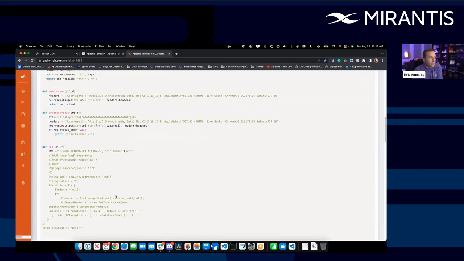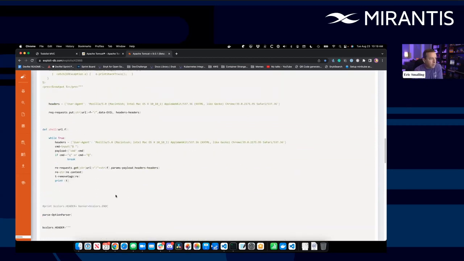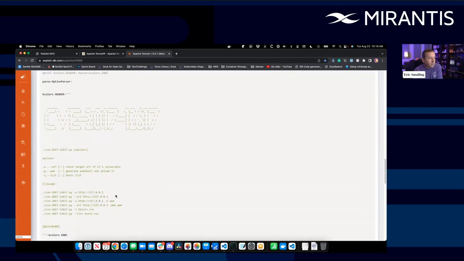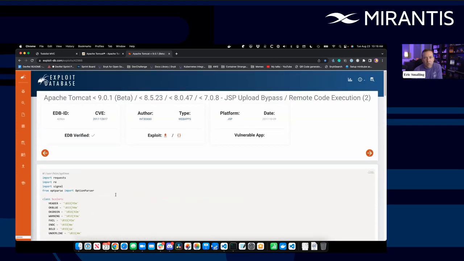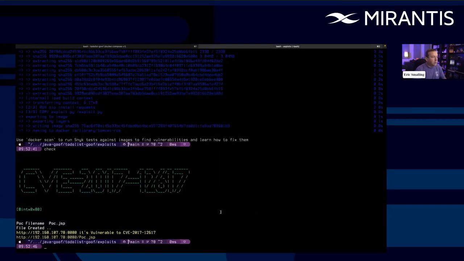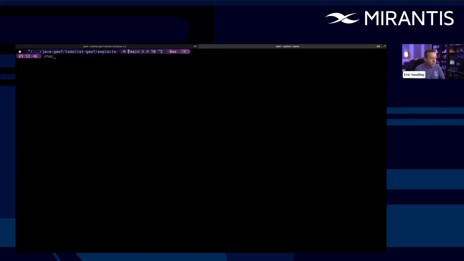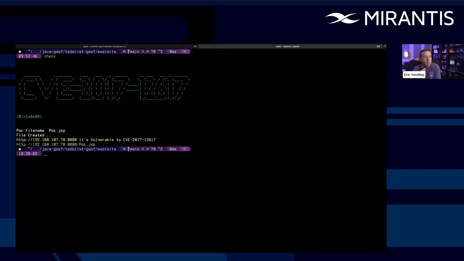Without digging too much into it, because again, I'm a middling Python developer, I tinker, basically it has two functions in it. One of them checks to see if a given endpoint is vulnerable, and the other one implements a hack on it. Now I've taken this, copied it down, and I have it aliased here. I have the first half of that behind an alias called check, and I've got it canned to hit my version. Imagine this was on a loop, just pinging the internet, looking for open ports and seeing if any of them respond correctly to it.